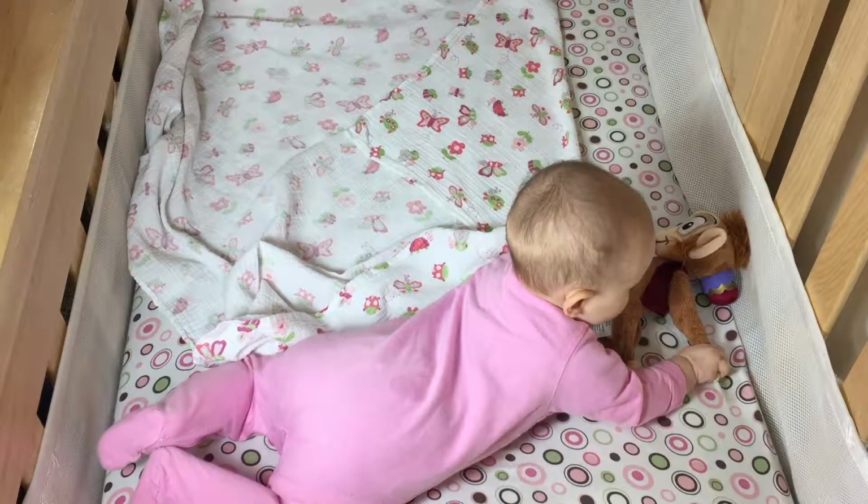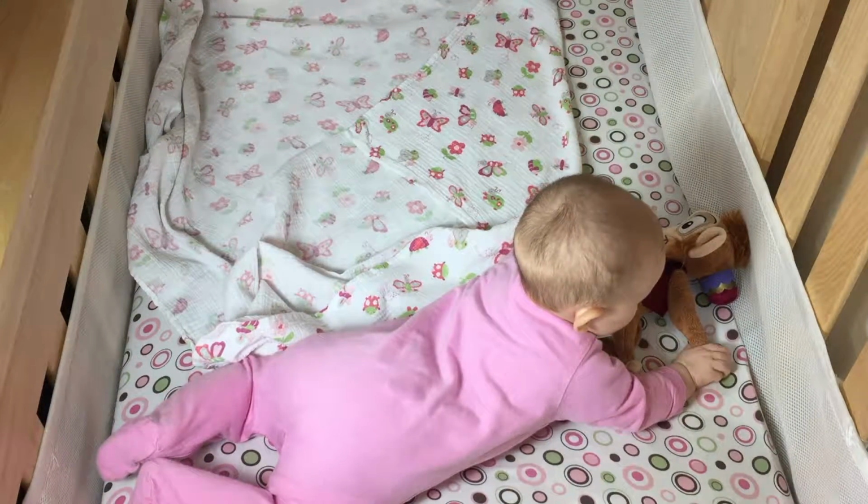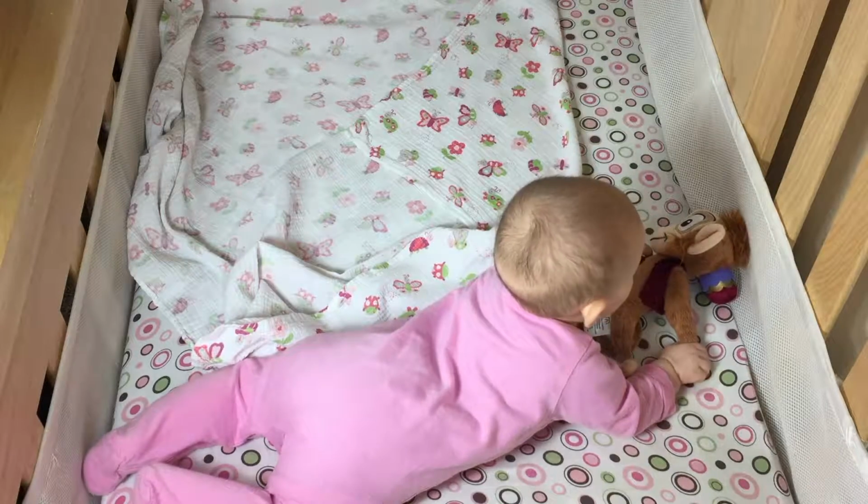So I'm going to go get the baby, and then we're going to go over to the crib, and I'm going to show you which ones we've purchased, how to use them, and how they've worked out for us. Okay guys, so I've got cute baby in the bed, and so the first one we're going to talk about